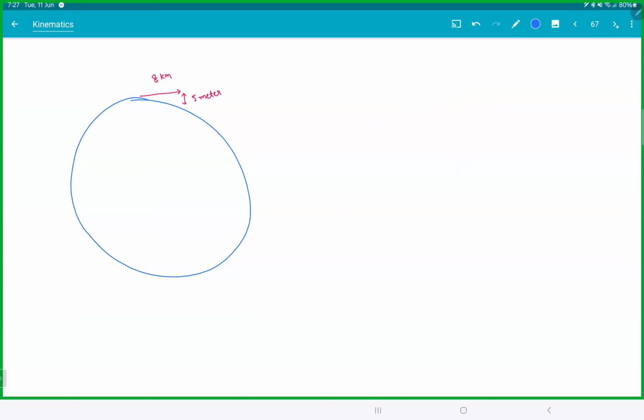Okay? Great. Now, going back to this, let's get back to the calculation part. So if you consider a particle,